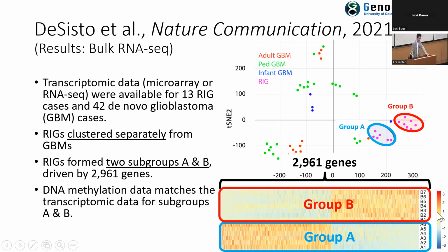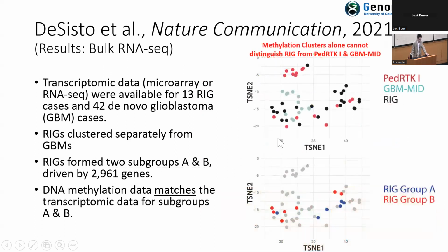There are 2,961 genes. There's a heat map, and it looks like a little bit more than half of those genes are downregulated for group B but, in contrast, upregulated for group A, and vice versa: upregulated here, but downregulated right there. So that's that, but when we look at the methylation clusters again,